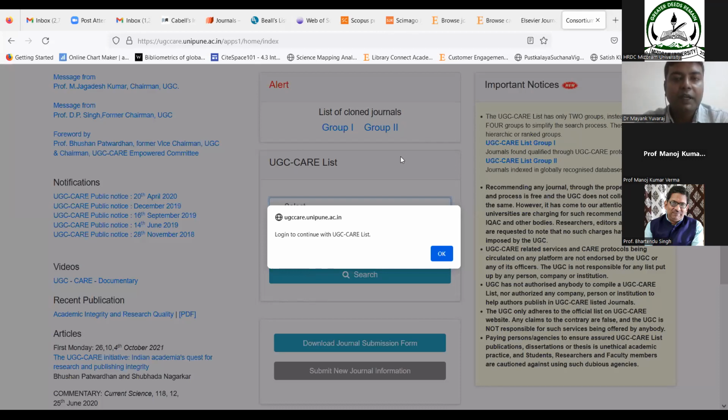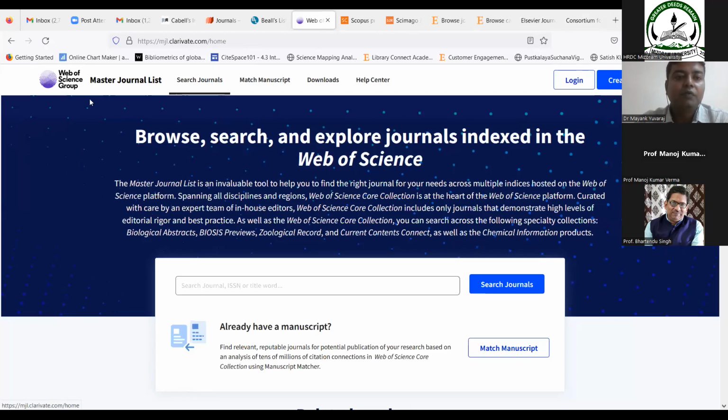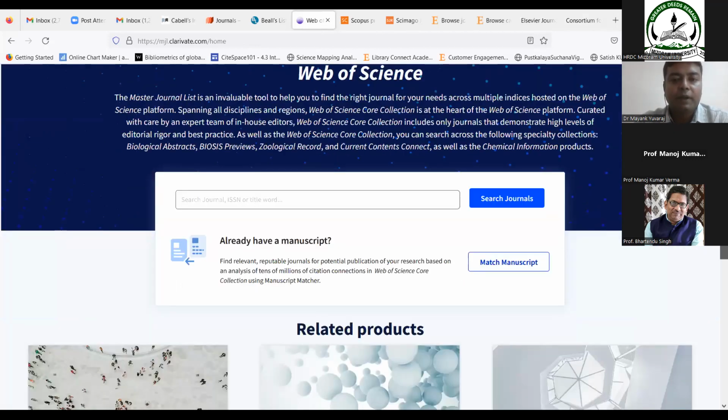So this was the second tool. Then the third tool, that is the Web of Science Master Journal List. If you search on Google, you will get a link and this will be the interface. From here you can search any journal, suppose Journal of Academic Librarianship.